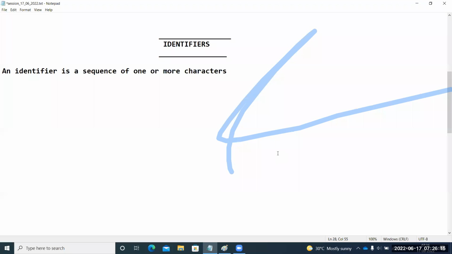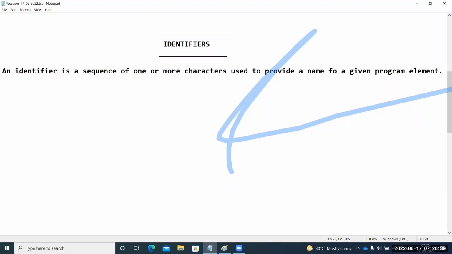They are used to provide a name, guys. Basically, this is a naming element. Understand? An identifier is basically a naming element, guys. So an identifier is a sequence of one or more characters. They are all used to provide a name for a given program element.